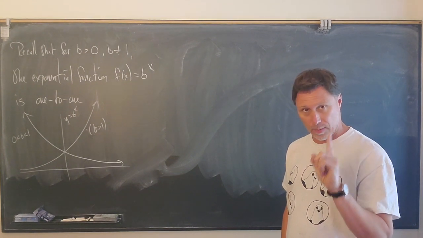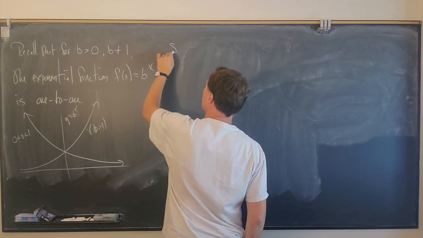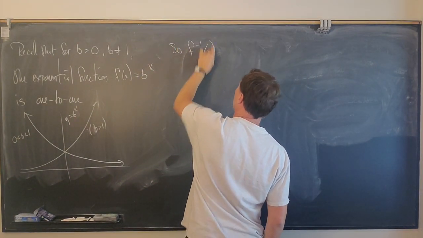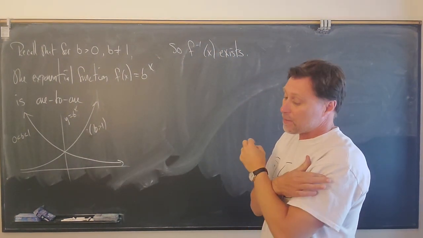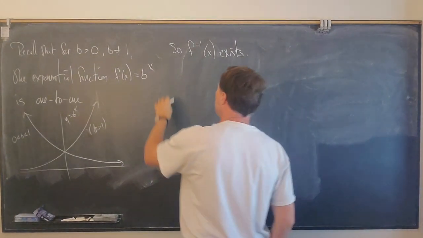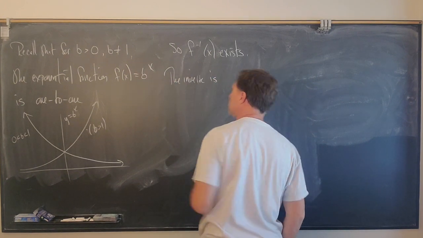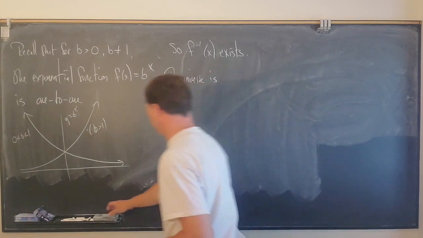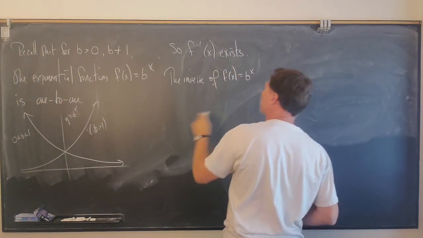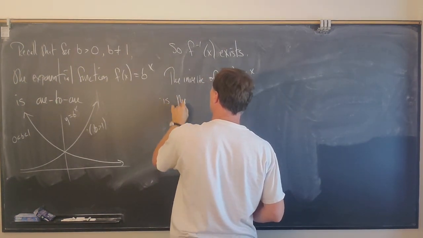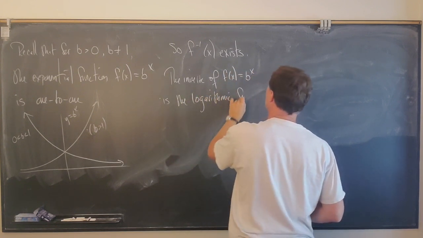And the reason that we care about 1 to 1 functions, if you remember, is that it means the function has an inverse. So f inverse of x exists, and the inverse of the exponential function has a name. It's called the logarithmic function. The inverse of the function f of x equals b to the x is called the logarithmic function